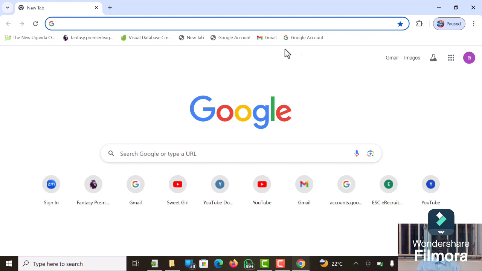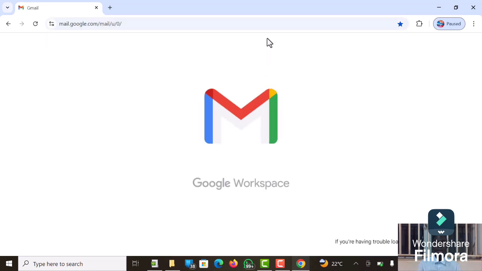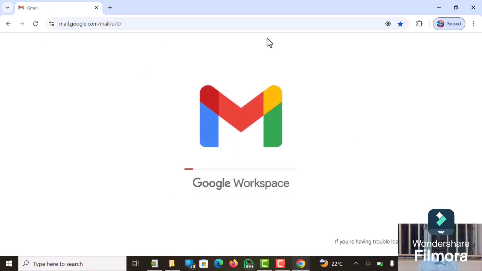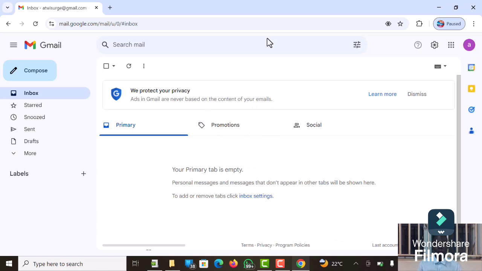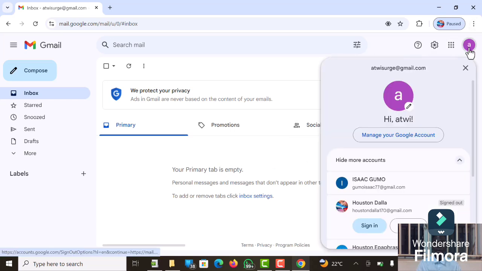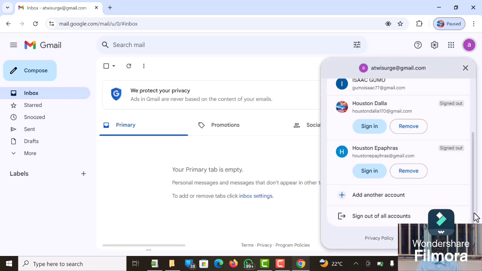Here you go to the address bar. Here I have Gmail. You can also click here. There is also one here, so you can click on the address bar, and there you go. You are loaded to the Google Workspace. And so here there's already an existing Gmail account, but for the purposes of learning, we shall just come here and create one. So you just say add another account,